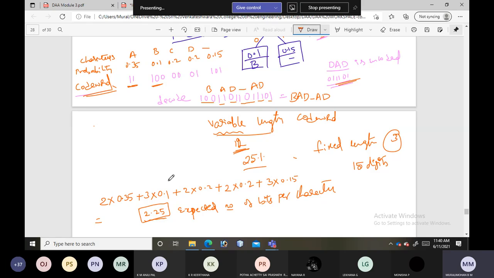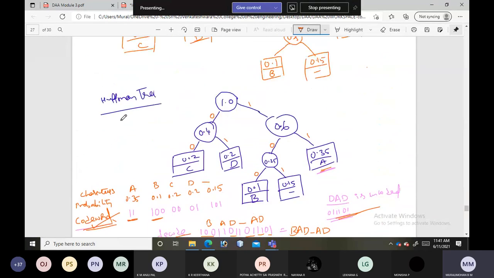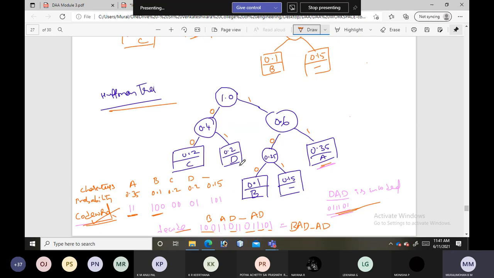This is what you should calculate, and you should learn how to encode and decode using the Huffman code word, how to generate this code word, and how to build a Huffman tree. Is it clear? Kindly respond, please.